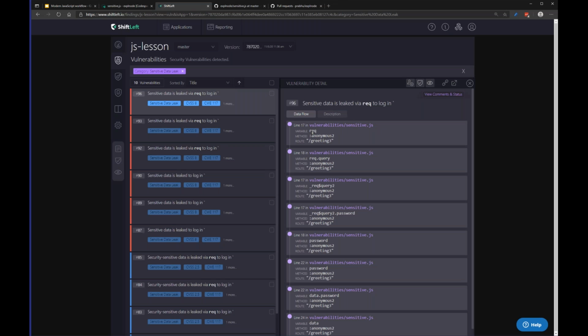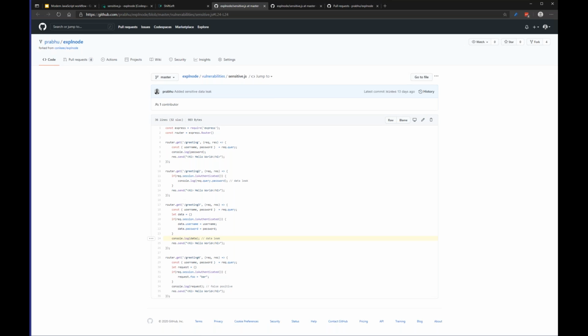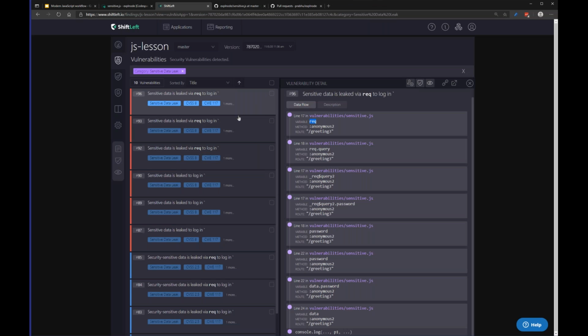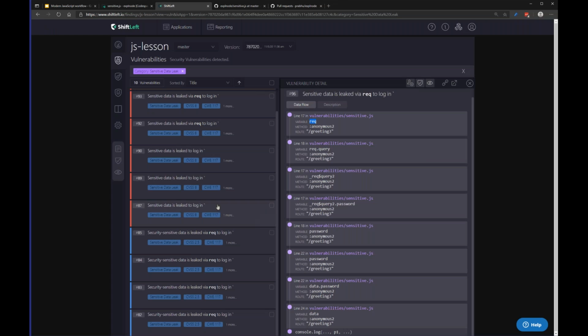We will say, okay, this is where the request object is coming in, and this is where it's going through, and we will map out the complete vulnerability, so it's super easy for developers to understand where the vulnerability starts, where the vulnerability ends, and then we also provide useful tags and tips for developers to remediate the issues. And if you go through these findings, you would find that greeting 4 would not exist because,